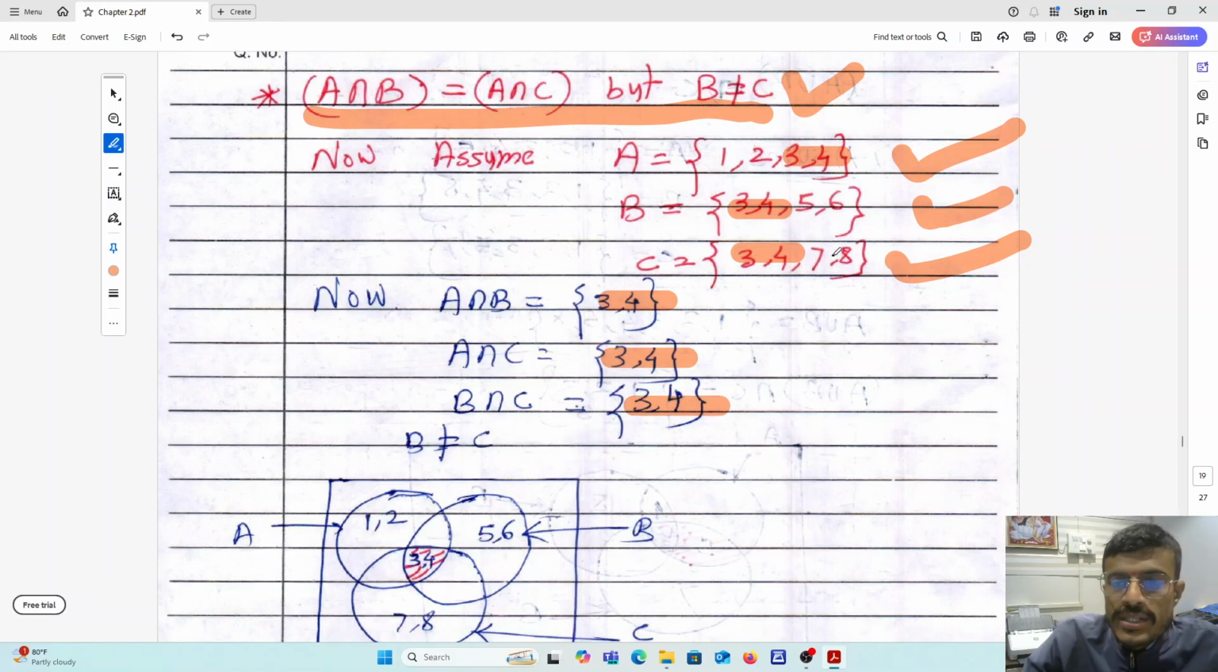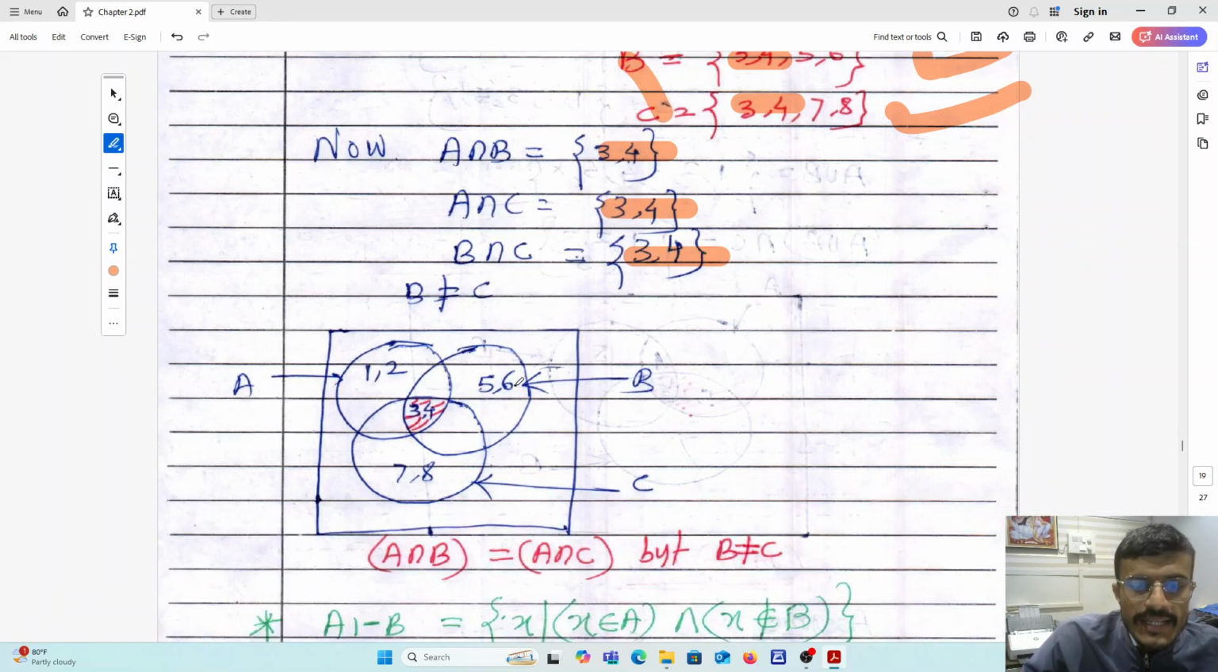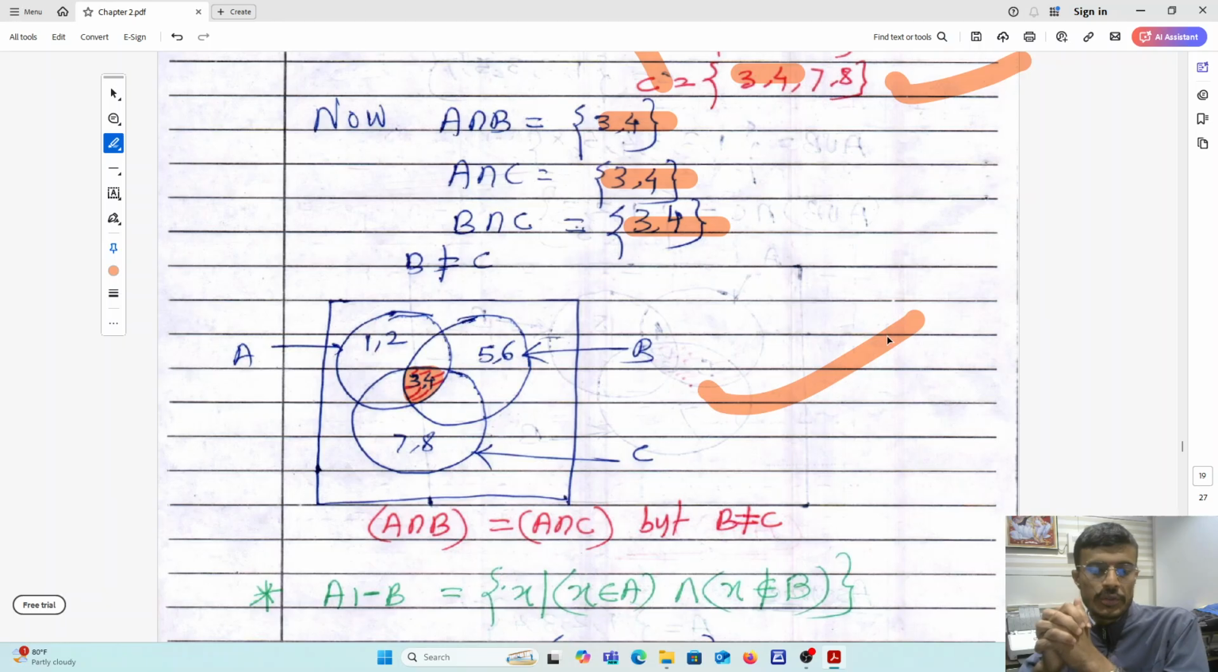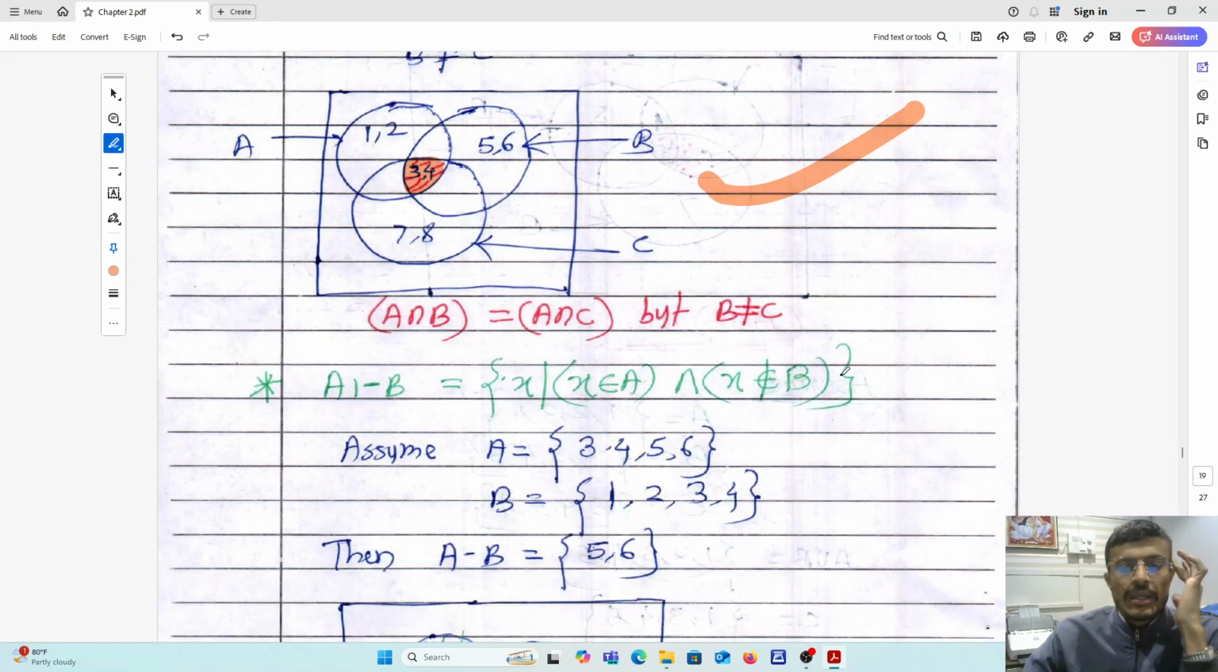B is not equal to C. Yes, absolutely, B is not equal to C. And hence it is nothing but this shaded portion, which is A intersection B is equal to A intersection C, but B is not equal to C. You can see here B is totally different and C is totally different. Only two elements are common and we have taken those two elements as common elements. So that is the Venn diagram for A intersection B is equal to A intersection C, but B is not equal to C. Then